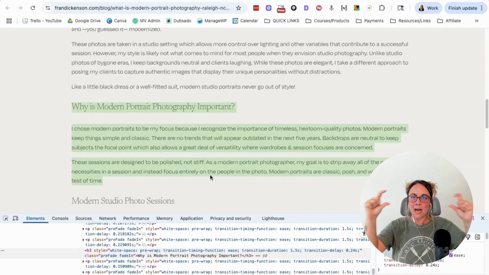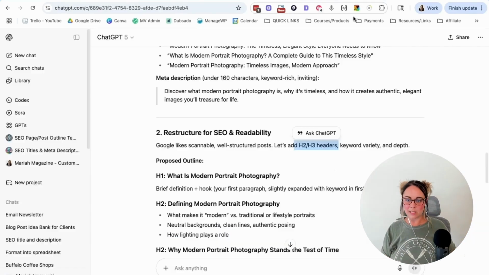We have the H1 at the top, that's the title. No more H1 headings. If we're breaking down content within the H1, then we're going to do the H2. Breaking down content within the H2, we're using the H3. Okay, so hopefully that makes sense. But